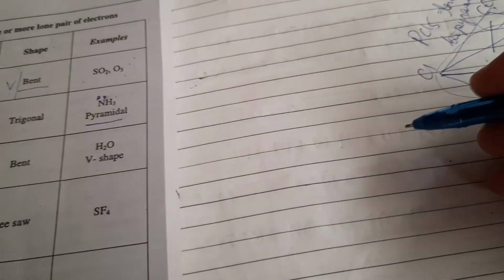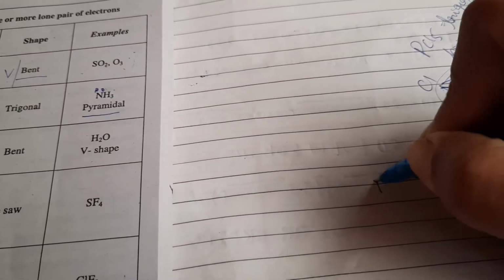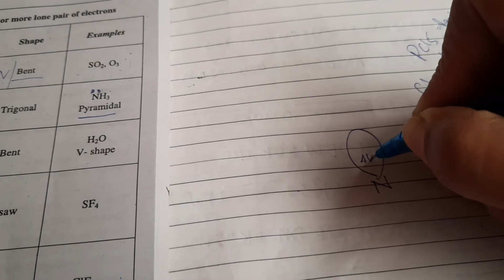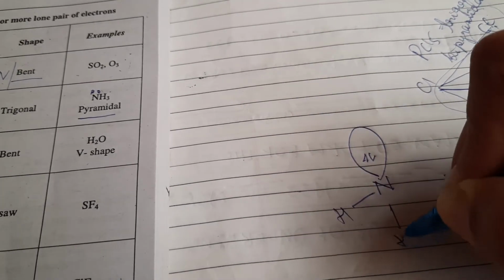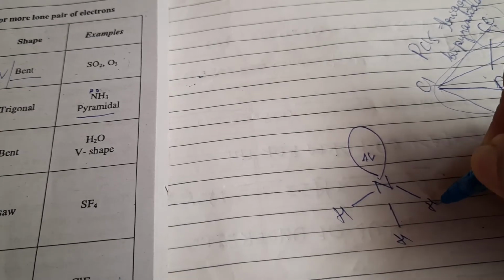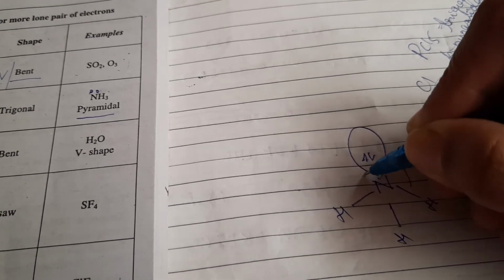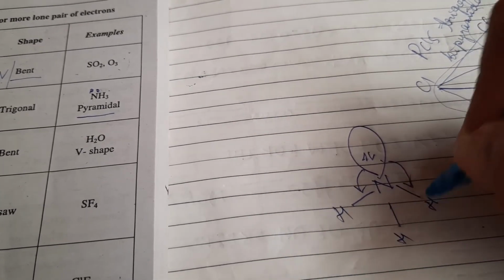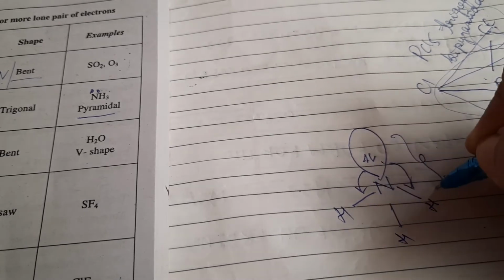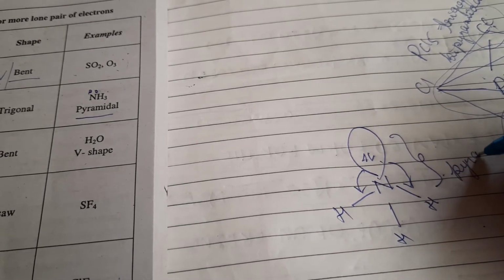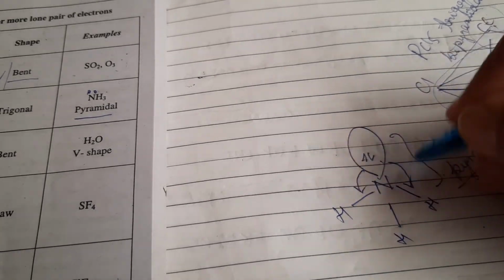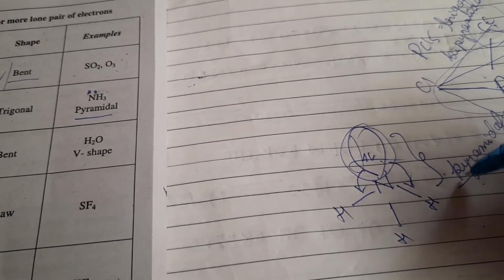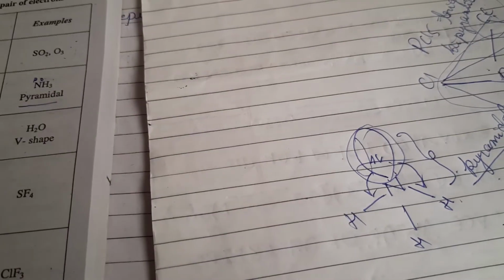See here, I'll show. This is nitrogen. We have one lone pair of electrons present on the nitrogen atom. Then we have the N-H bonds, this is H, H. When this is the case, we can see repulsion is more between the lone pair and bond pair. When repulsion is more between lone pair and bond pair, such a molecule will show a pyramidal shape. We cannot consider the lone pair of electrons while writing the shape of a molecule, and it will exist in a pyramidal shape.